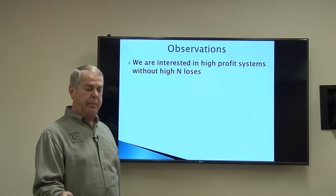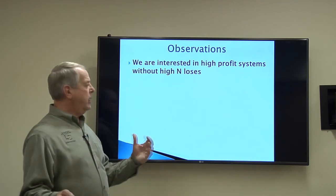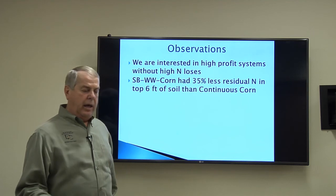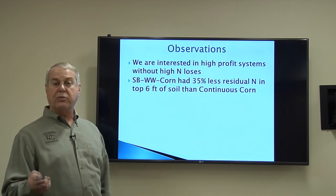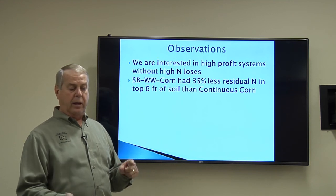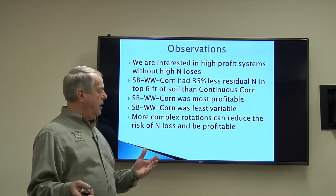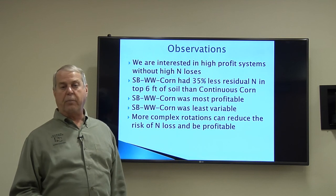2013 with corn. So some observations about this. We want to know whether we can have high profit without high nitrogen losses. That's what we're trying to determine. And if we look at the soybean winter wheat corn system, it had 35% less residual in the top 6 feet of soil than the continuous corn did. It was also the most profitable. It was also the least variable. So it's perhaps an indication that some of these more complex rotations can reduce the risk of nitrogen being lost